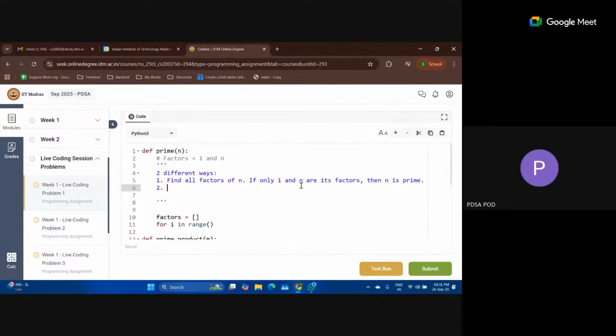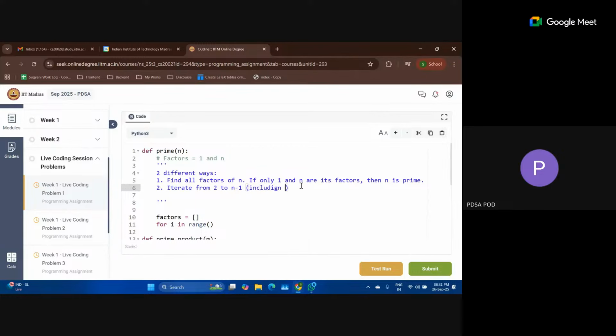The second way is we will ignore 1 and n because we already know 1 and n are its factors. We will iterate from 2 to n minus 1, including both 2 and n minus 1.